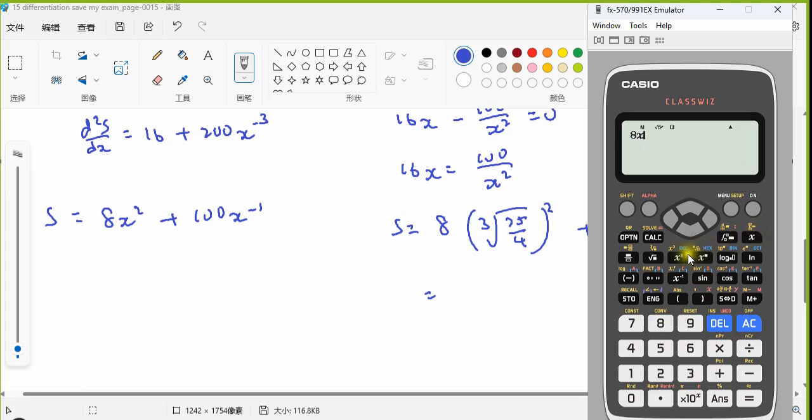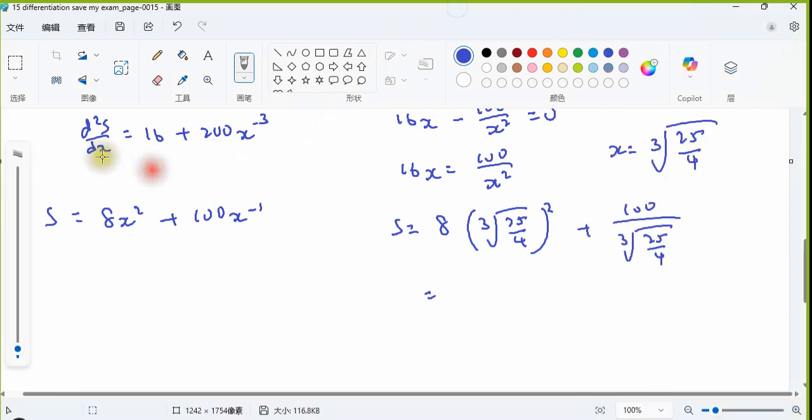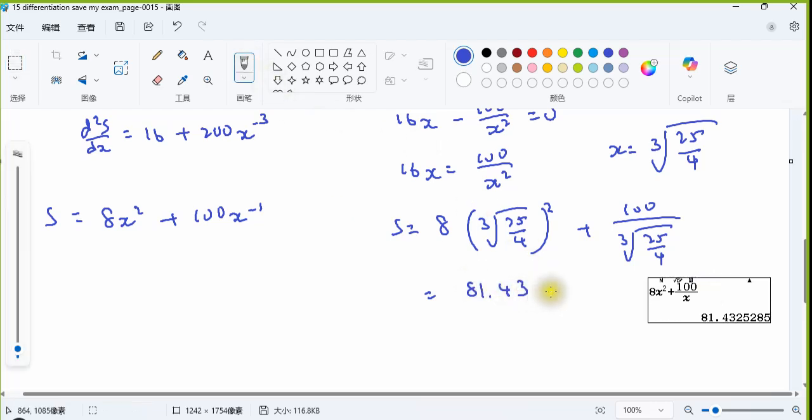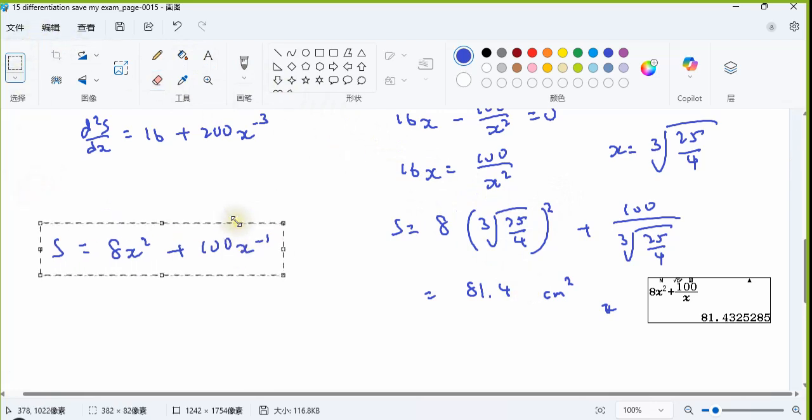So we have 8x squared plus 100 over x, and then this is the cube root of 25 over 4. So this is 81.43 cm squared. Okay, 4 only now. 3 decimal place, 3 significant figure. And then